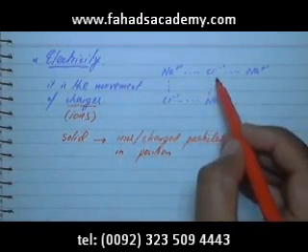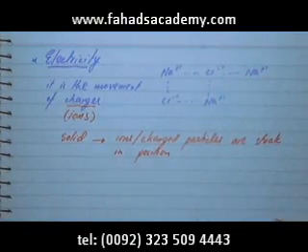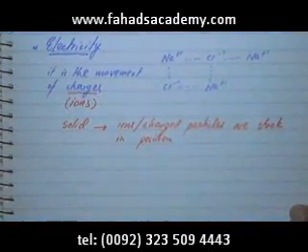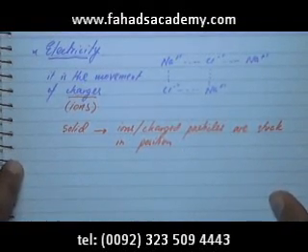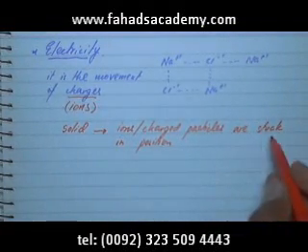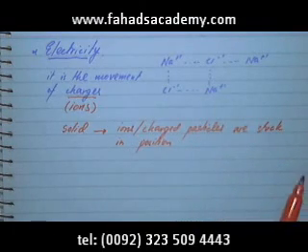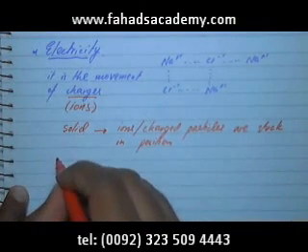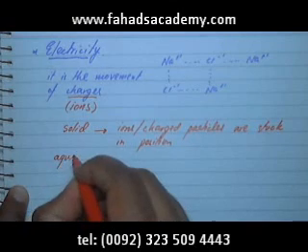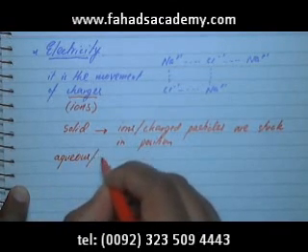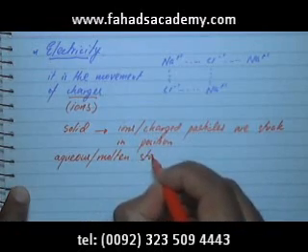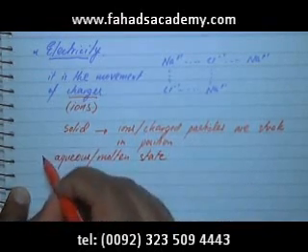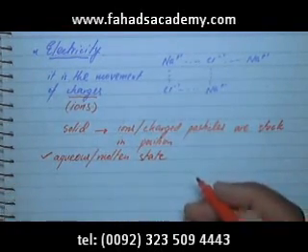This Cl- cannot move around. So in solid state, these ions are stuck in position. So ionic compounds will not conduct electricity when they are solids, because the ions, or charged particles, are stuck in position. But when they are in aqueous or molten state,